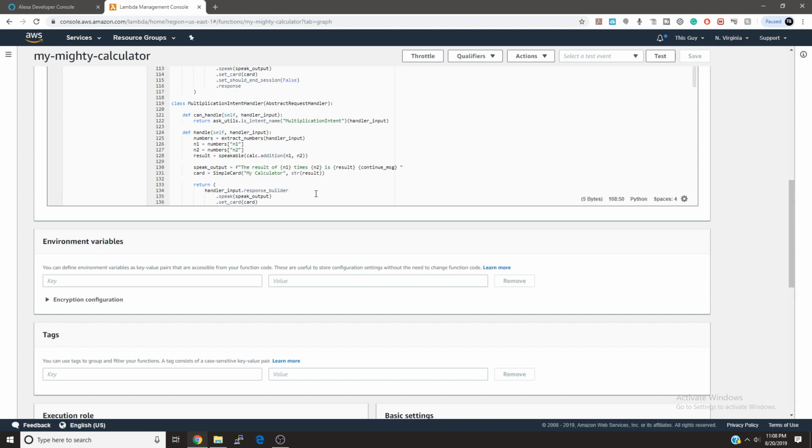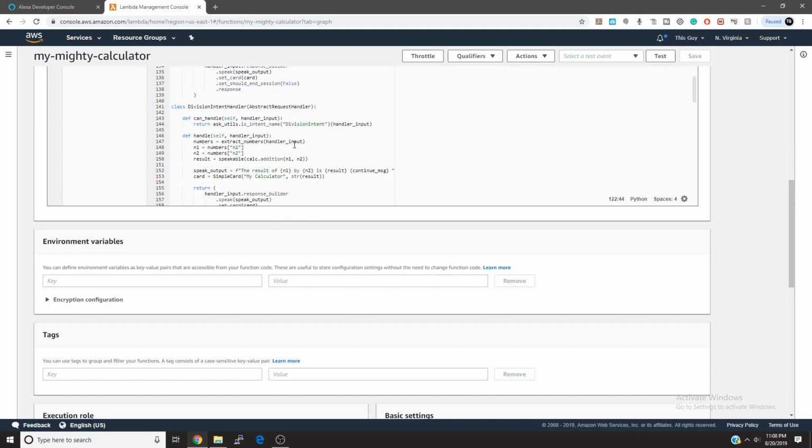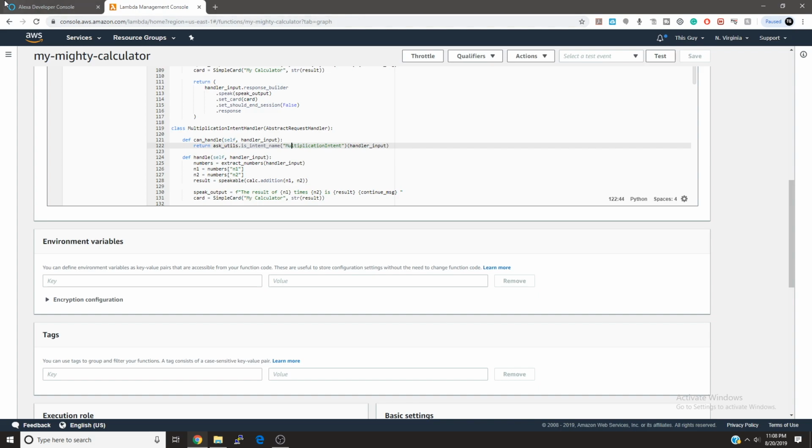For multiplication, it's the same way. So, yeah, you can find my source code in GitHub, and here's my division intent. They are all the same. You just have to change this and this. Okay, so once you've done that,